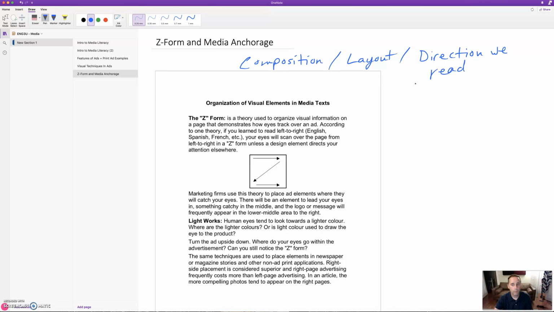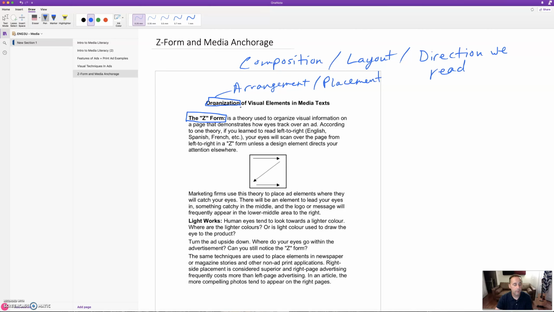So it has to do with where our eyes go. Okay, and this first one is called the Z form in advertising. So it has to do with the organization of the visual elements, like how are they arranged. So you can think of arrangement and placement